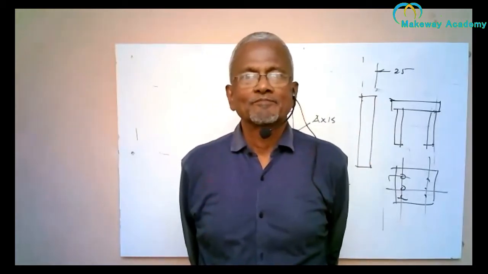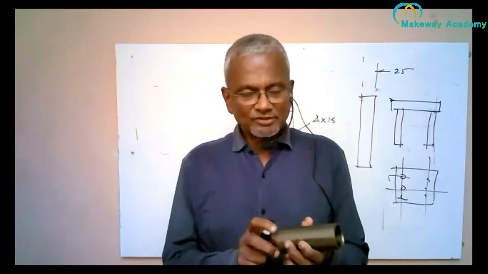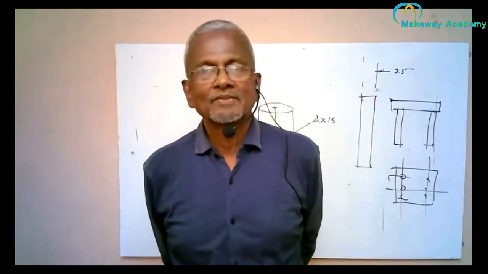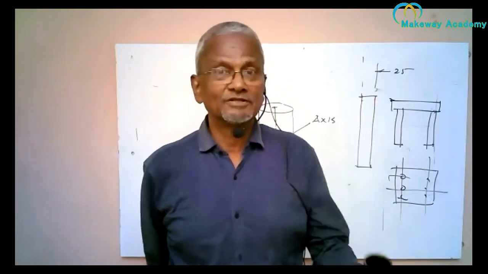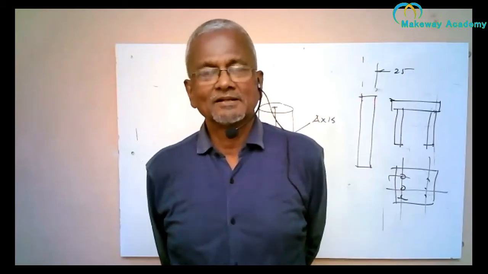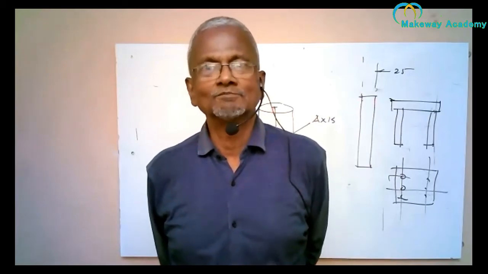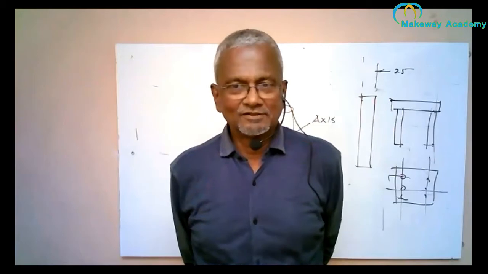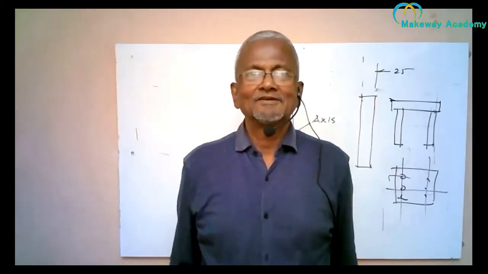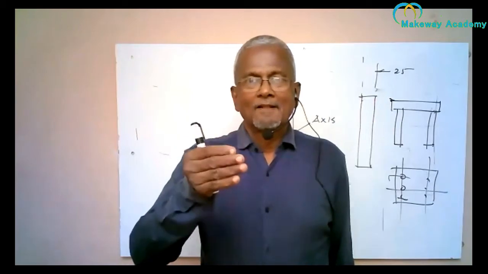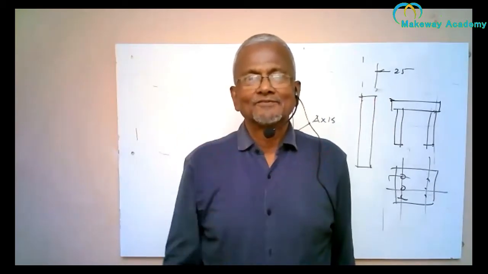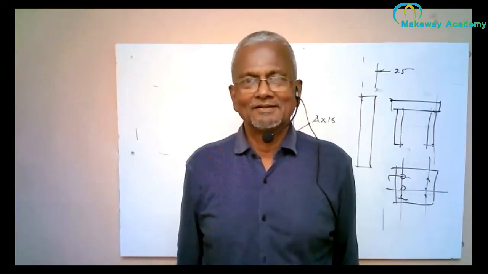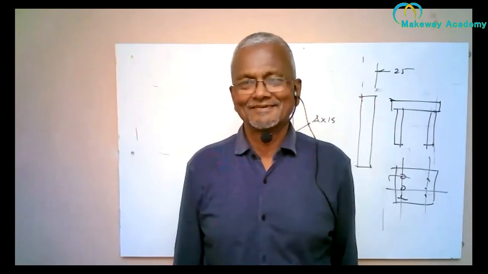So let me say, a cylinder, say this is 40, this is 80. A cylinder of 40 mm diameter and 80 mm length. The cylinder is fully defined because it is a mathematically perfect cylinder. Let us assume a cylinder of 40 mm diameter and 80 mm length is resting on the horizontal plane with its base. The axis is 40 mm from the vertical plane and 40 mm from the auxiliary vertical plane. Draw the views. So this is a question.